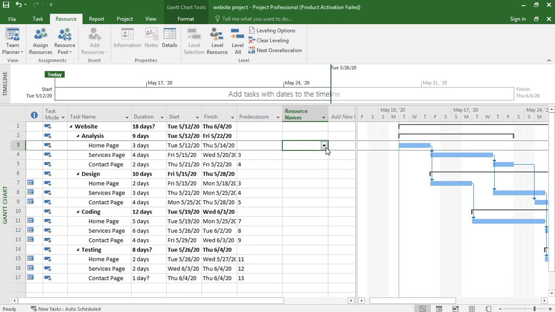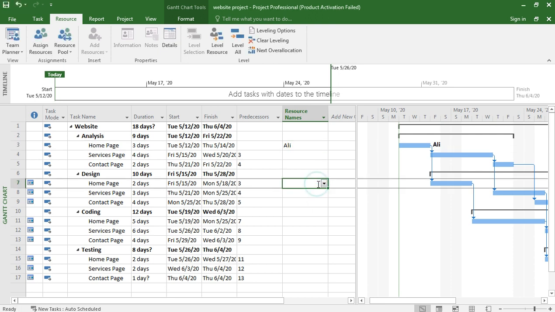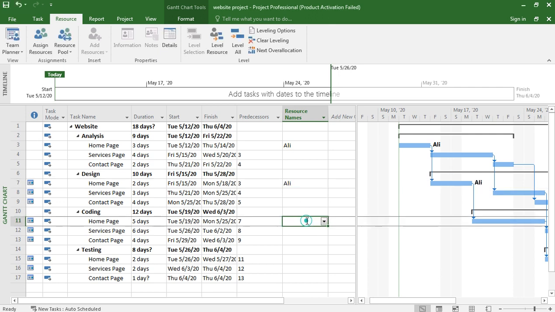Go to Team Planner and see the Gantt chart. So you see, this is the Gantt chart.